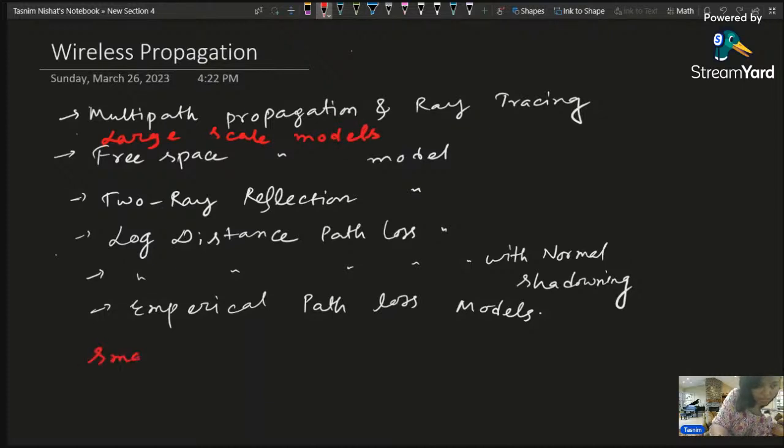For small-scale multipath propagation, we have